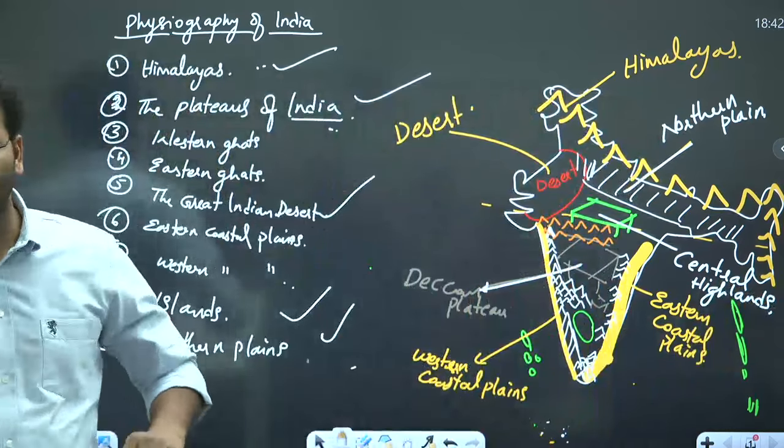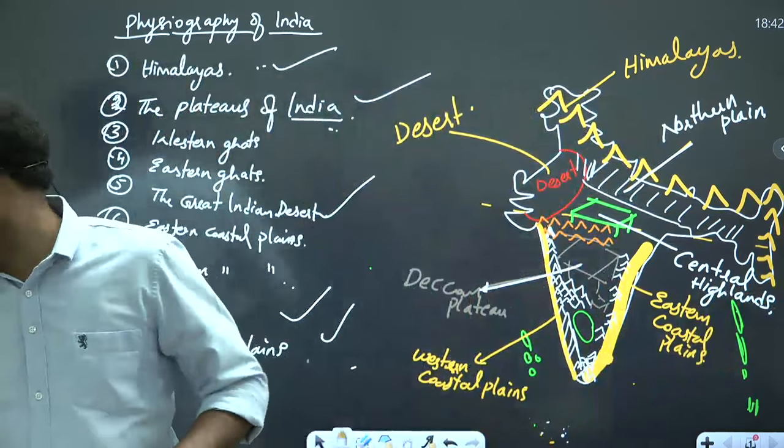ठीक है? In totality, this is the physiography of India. Now you need to understand the formation of each of this physiography. So eastern coastal plains, this is your